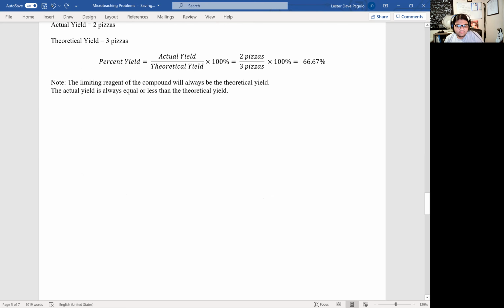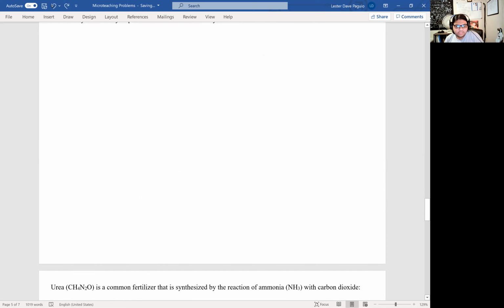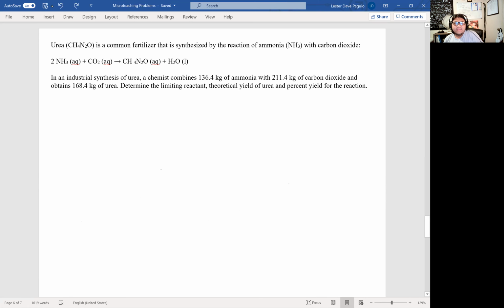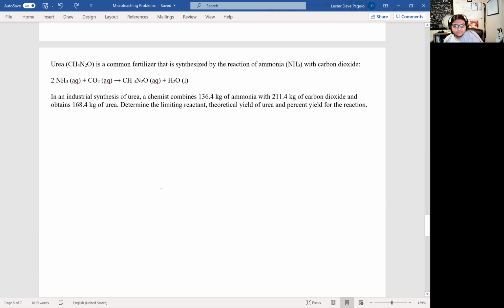So by having all of this information, we can combine them into these specific problems. Urea, whose chemical formula is CH4N2O, is a common fertilizer that is synthesized by the reaction of ammonia, which is NH3, with carbon dioxide, given that the balanced chemical equation is right here: 2NH3 plus CO2 equals